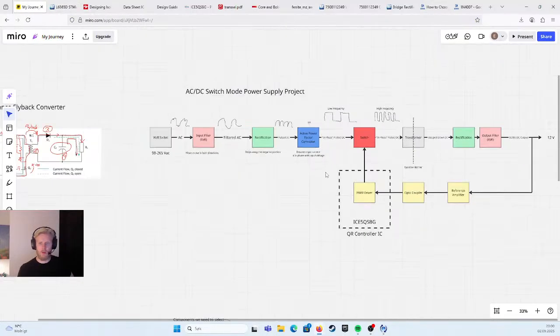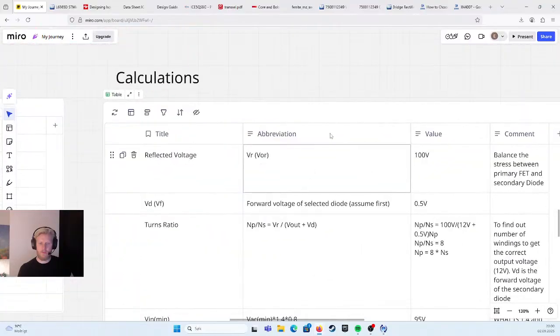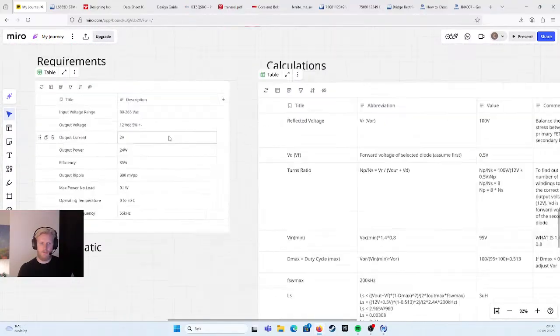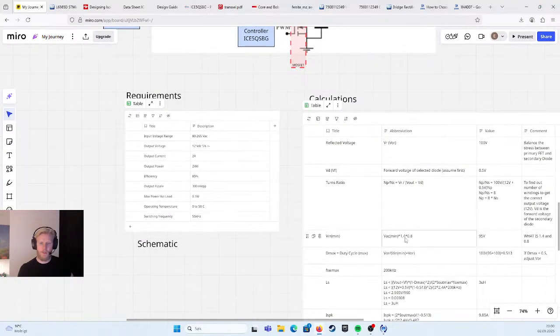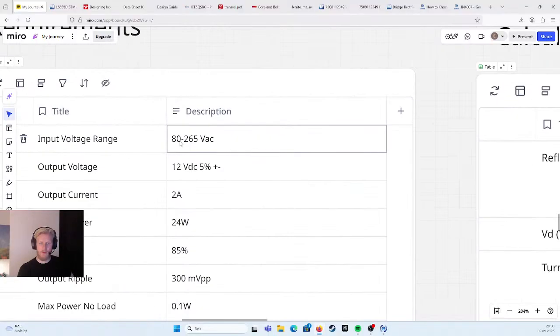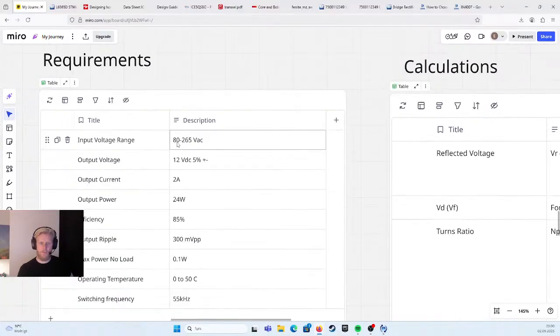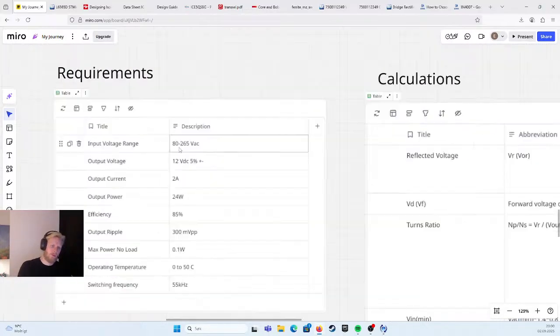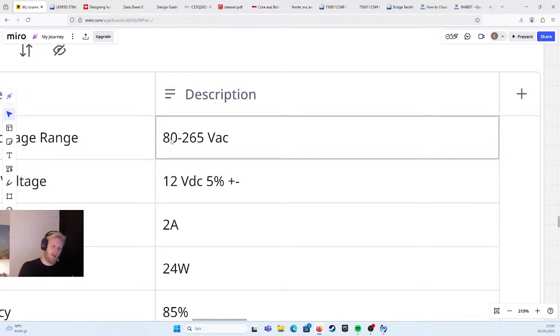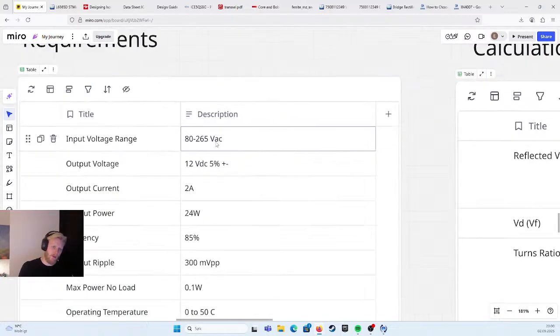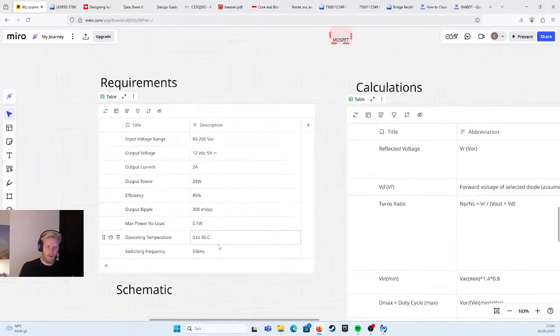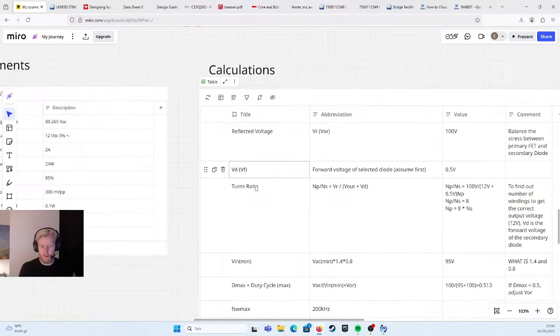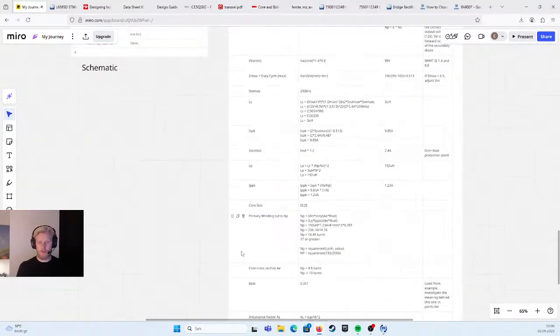So the voltage we will have will be in DC, or 80 to 265 VAC. That's calculated to DC, which I learned also to be